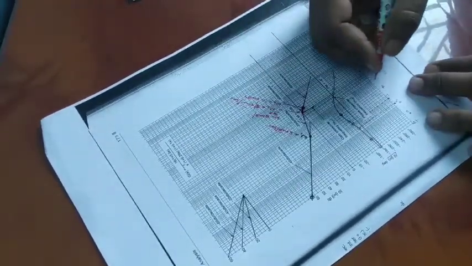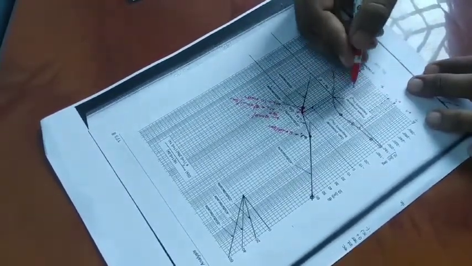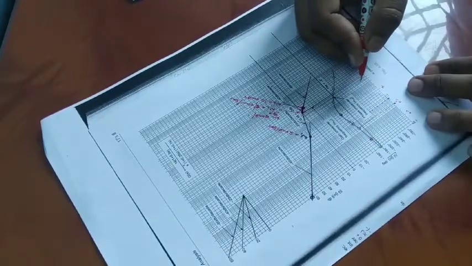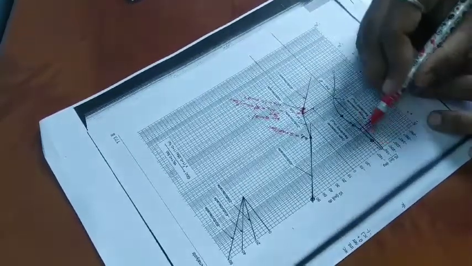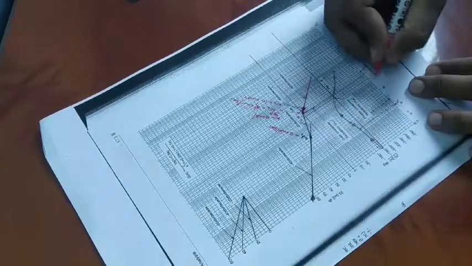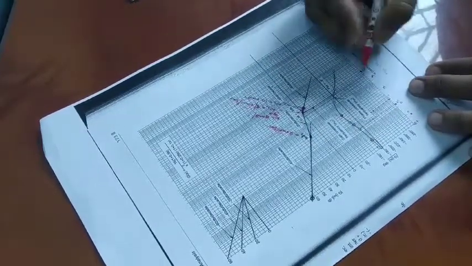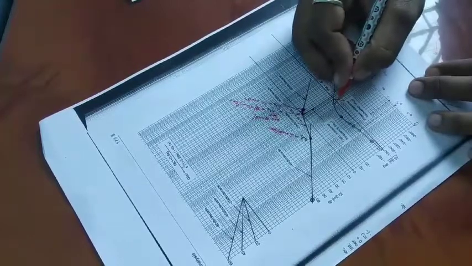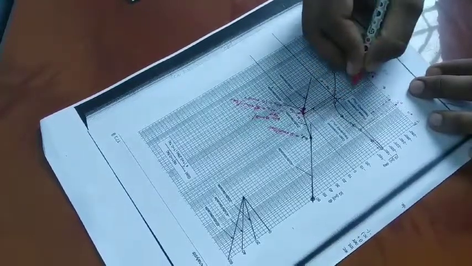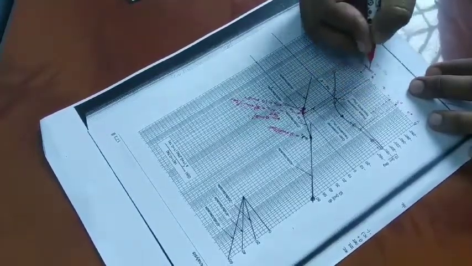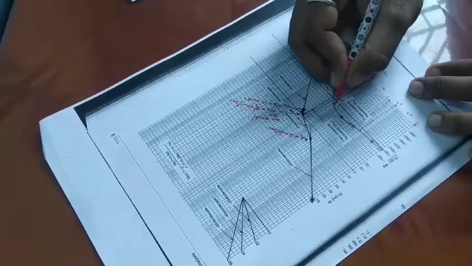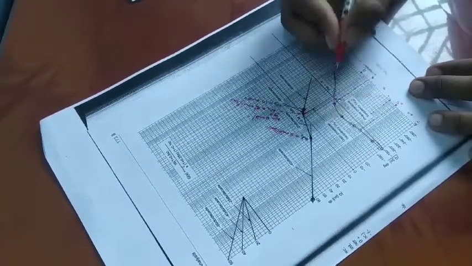Then omega is equal to 5. At omega equal to 5, we got minus 170.37 degree. So this is the minus 170 degree line. So 2, 3, 4, 5, this is 5. At omega equal to 5, we got the phase angle as minus 170.37 degree. So we are representing it over here.